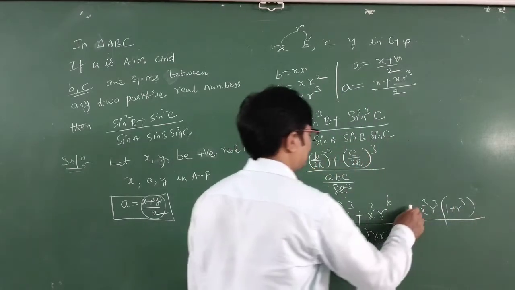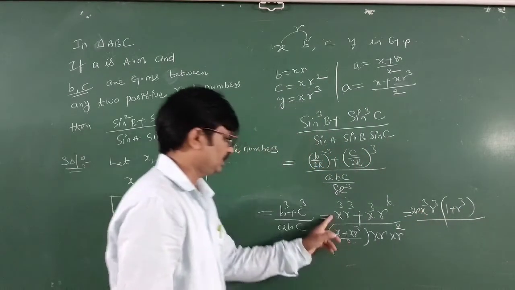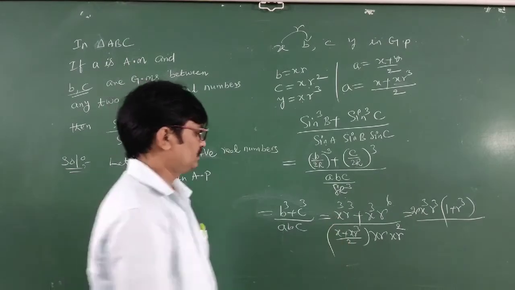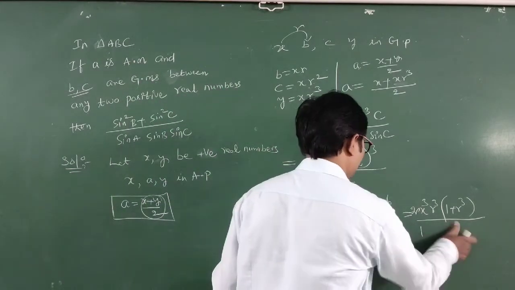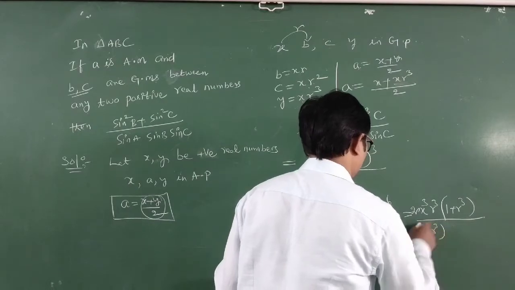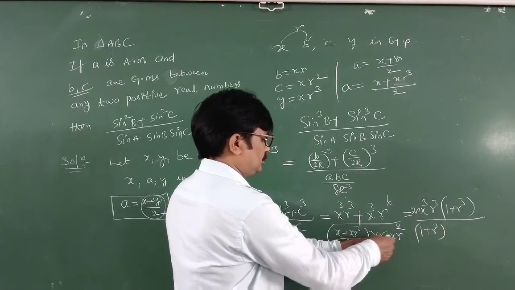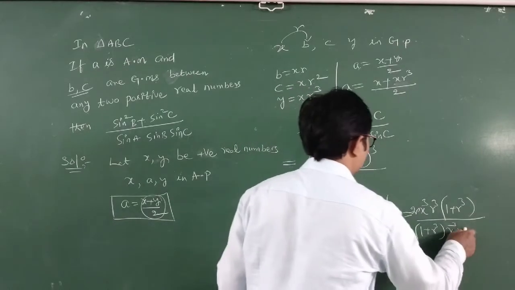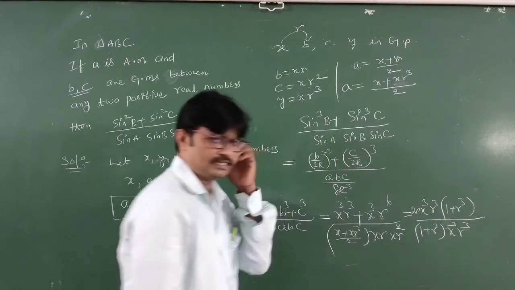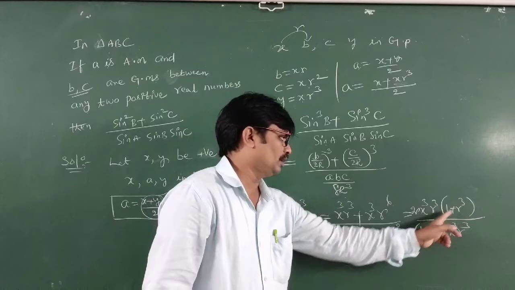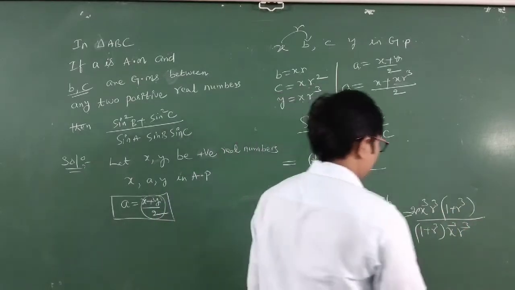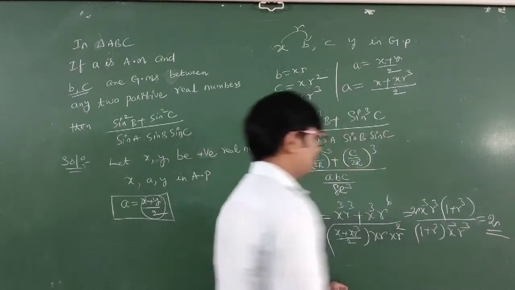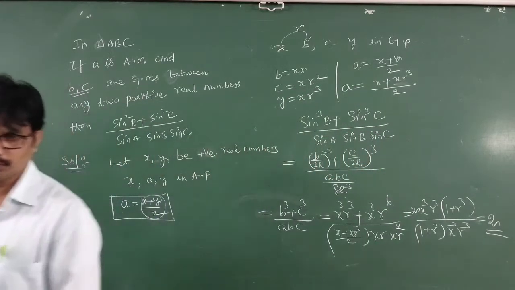So the denominator is sent to the numerator, so 2 is sent to the numerator. So that is 2 into, what, students? X is the common here: 1 plus r cube. X into x into x is x cube. R into r square is r cube. Dear students, x cube r cube and 1 plus r cube are cancelled. This is the 2. Write down, students, same terms are cancelled. The answer is 2. Write down.